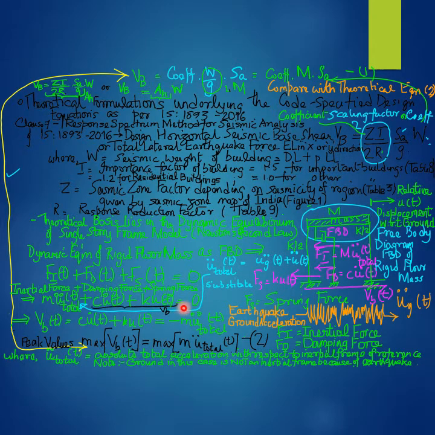Therefore, the theoretical dynamic base shear V subscript small b, time variant function, can be related to the dynamic inertial force, that is the mass times the total or the absolute acceleration of the floor mass,